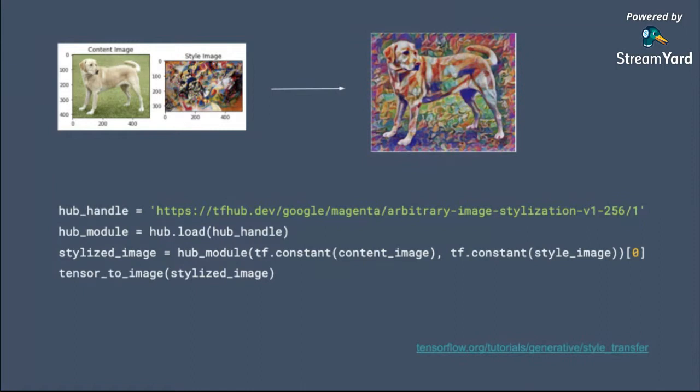This is all the code, right? This of course does not include the library imports and the image pre-processing functions, but this is all the major piece of code that's needed in order to generate a stylized image like you are seeing here. I think that's pretty cool, and I would really encourage you to try this image with other style images and see what results you get. So feel free to also tag the TensorFlow team in case you are tweeting about it.